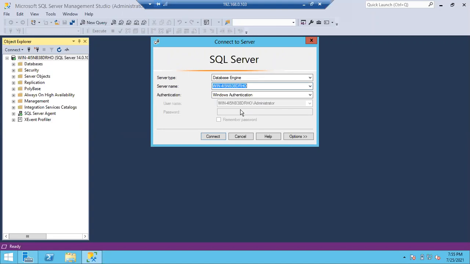So for example, you are a local administrator. You can log into the Windows machine. Can you connect to the SQL Server by default? You are a local admin in the Windows machine. You can successfully log into the Windows machine. Can you connect to the SQL Server in that machine?